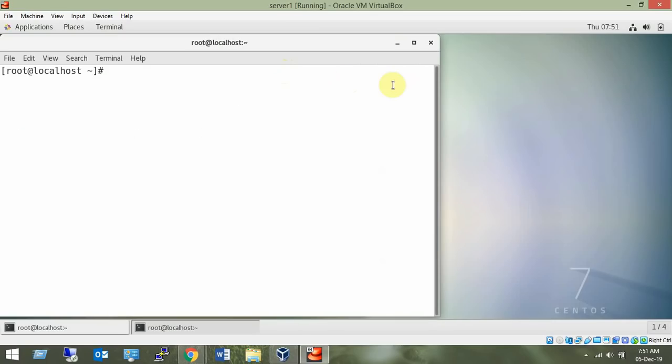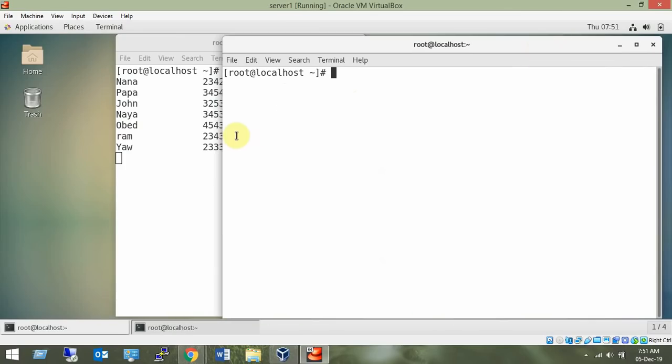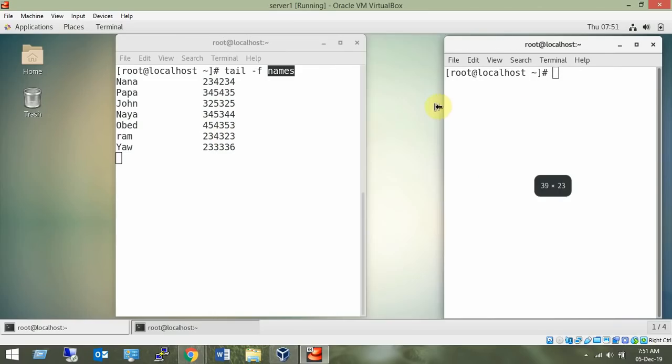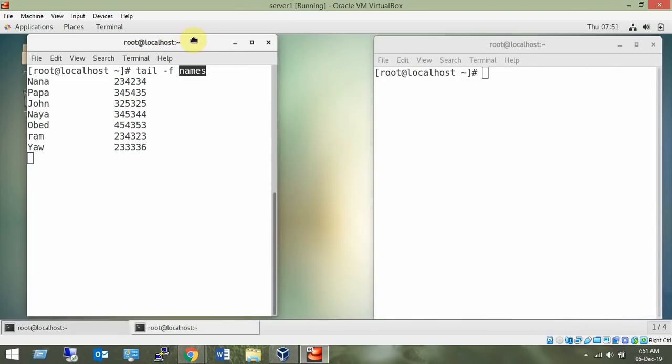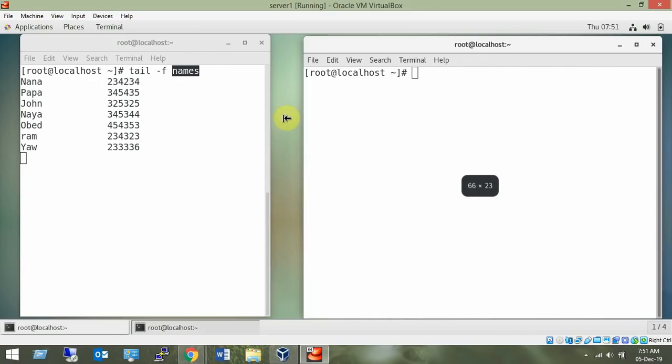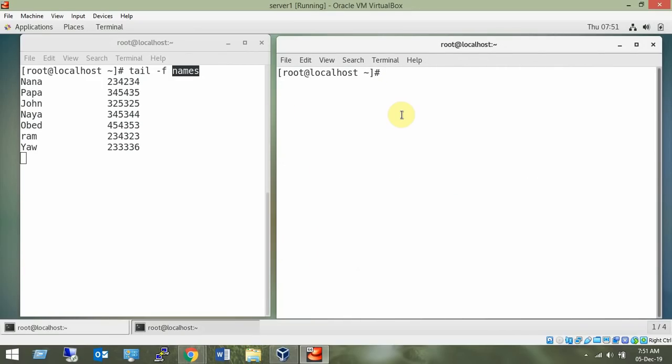How to verify? Let's open another terminal and send some content to this file. I open another terminal and I'm sending content to this file. I can easily send the content with echo command, and I'm sending another name, let's say Derek, and same concept, 2 tabs or some spaces and some number, absolutely same. And double greater than symbol means output redirection, but append to the file, and the file name is names.